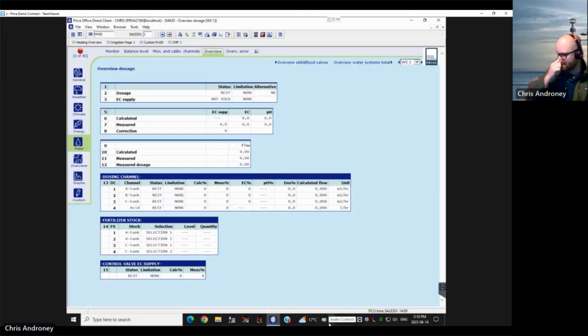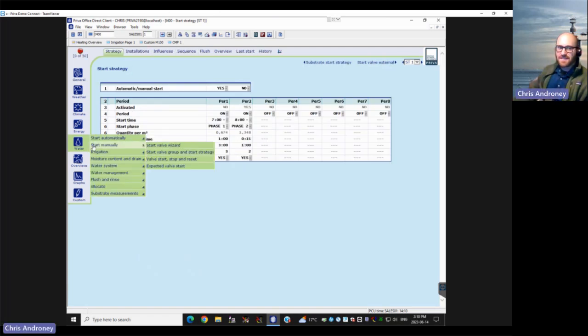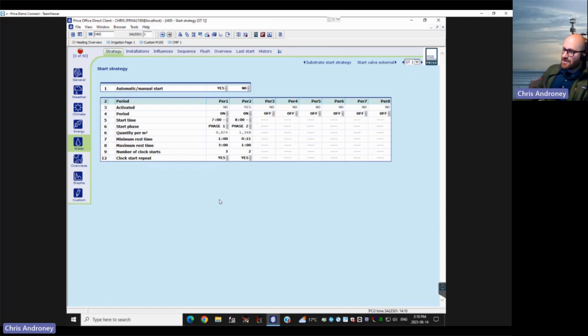We do have another question as well. How do you set an alarm for max rest time in irrigation? Max rest time in irrigation. So I'm assuming that's going to be a situation where if a valve hasn't run for a certain amount of time. I would say the best way to do that, there's not a specific alarm for max rest time, but